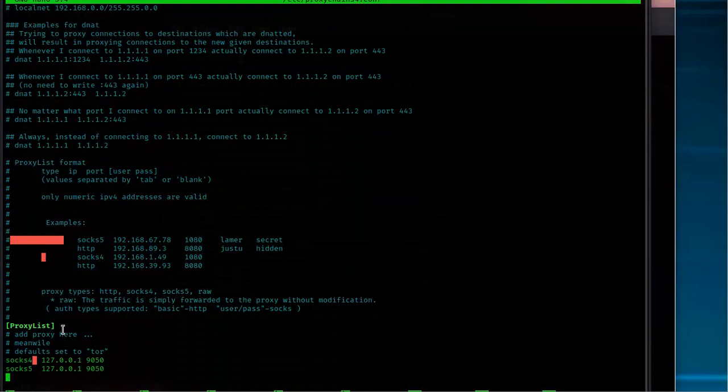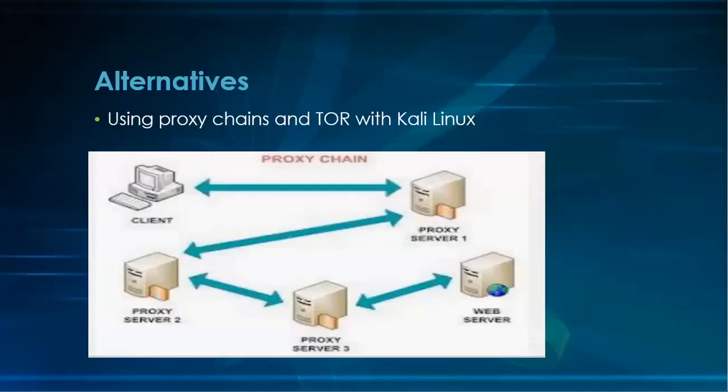What you do is enter socks4 or socks5, depending on which one you want to use, say 5, and then the IP address of one of those nodes you want your traffic to go through. Going back to my slide here, you would put this IP address in, then you put the second proxy IP address below that, and then below that you put your third proxy IP address too. So you can do that, or